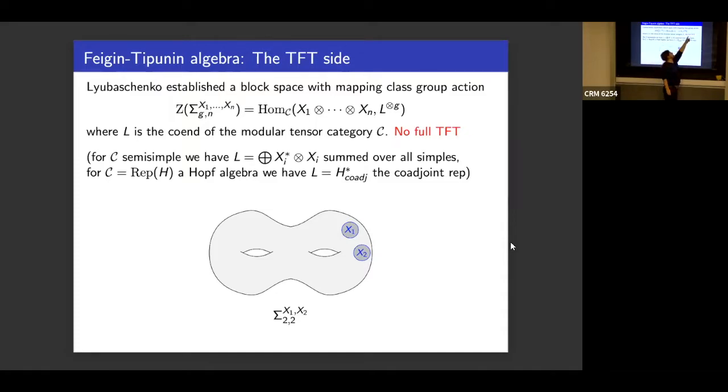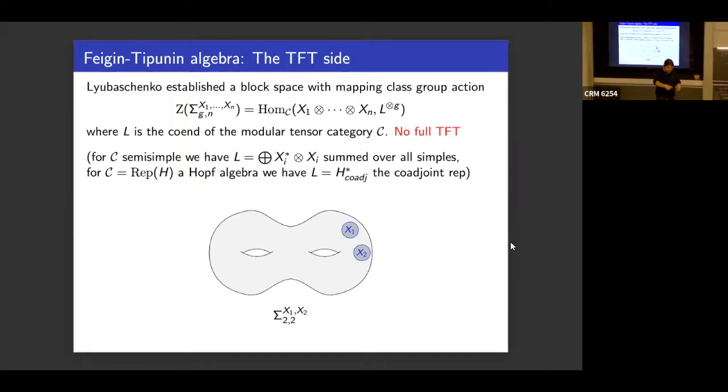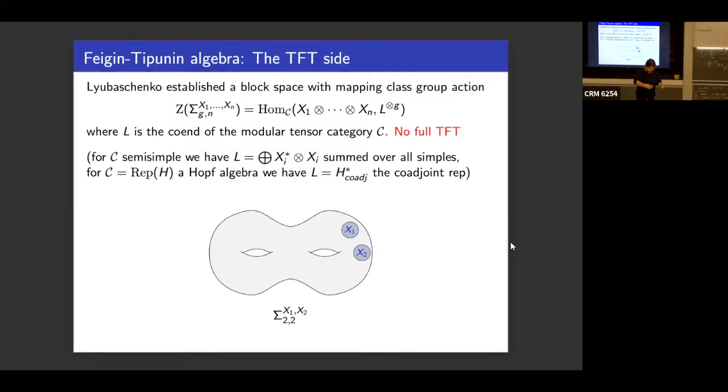Notice the caveat: this is not a full TFT, right? Somehow it's only the mapping cylinders. So we don't know what to do for a general case in the non-semi-simple setting. I mean, there are approaches with modified trace, but it's not clear what the complete TFT is, at least not from this picture. I think if you have punctures with projectives, then Azad can tell you what it should be, but you cannot glue and so on. So some things are complicated. But here you see the mapping cylinders at least, or from the physical perspective, you see how, if you act on your two-dimensional space with diffeomorphisms, that acts on the state space.